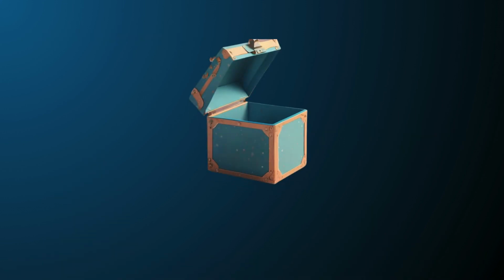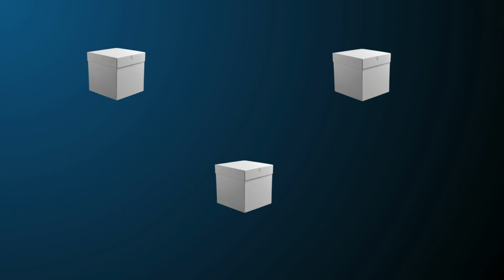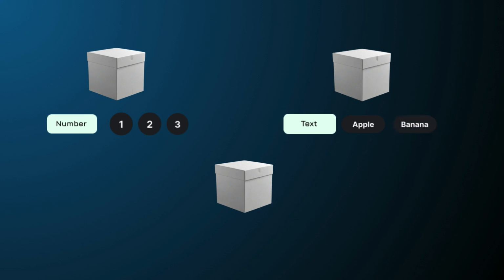Imagine you have a magical box called variable that can hold different types of things. Each type of thing has its own special box. For example, you have a box called number for holding numbers like 1, 2, or 3. Another box called text for holding words like apple or banana. There's also a box called Boolean for holding true or false, like a light switch that can be on, true,